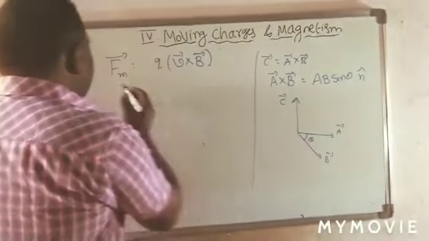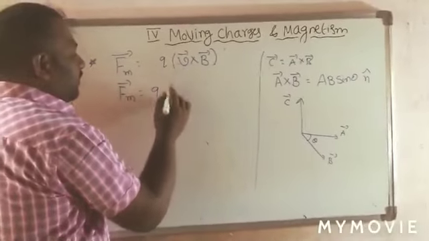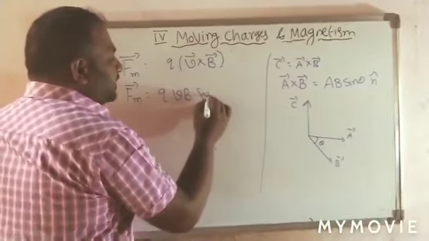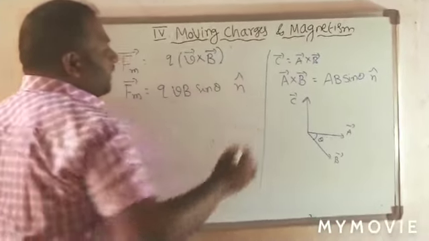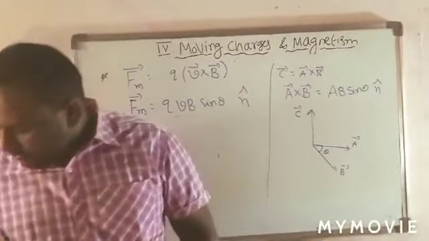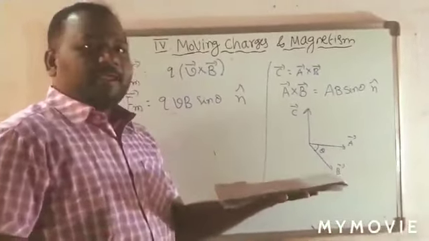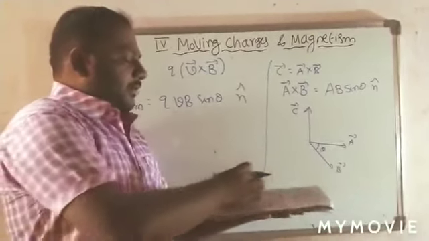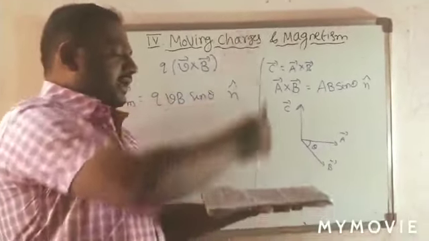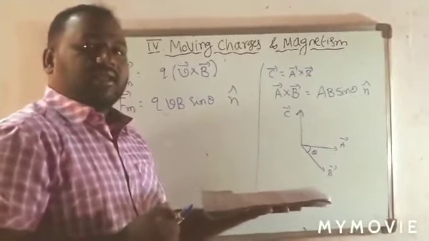In a similar way, we are going to write the magnetic force Fm bar is equal to q into V bar cross B bar, which is nothing but VB sin theta in the direction of n cap. N cap represents the normal direction. For example, when we consider this book, the book is a plane. On this plane, the velocity vector and field vector are there. Then the force is acting either in the upward direction or downward direction. That we discussed based on the right hand thumb rule.